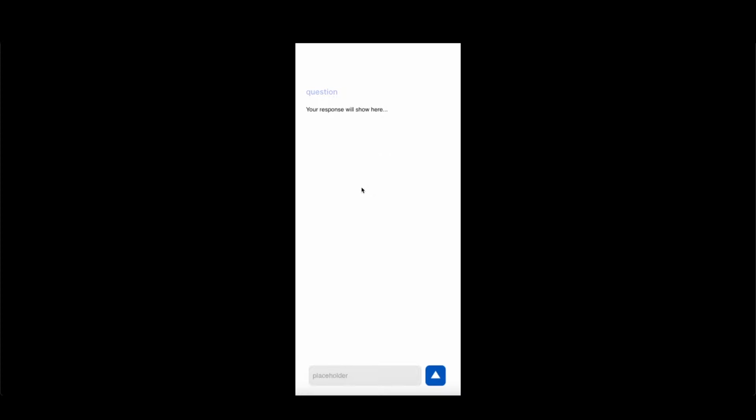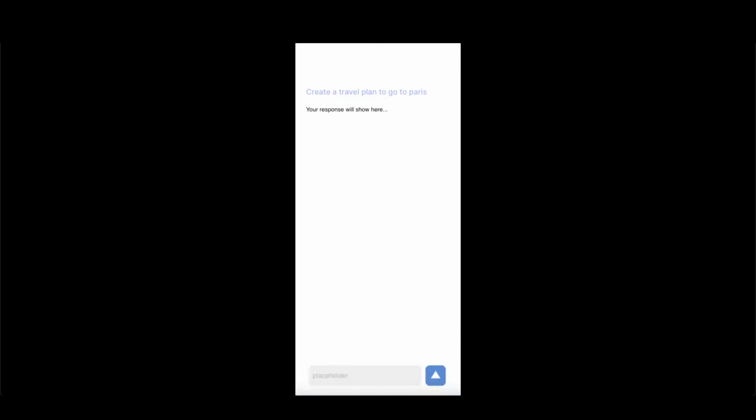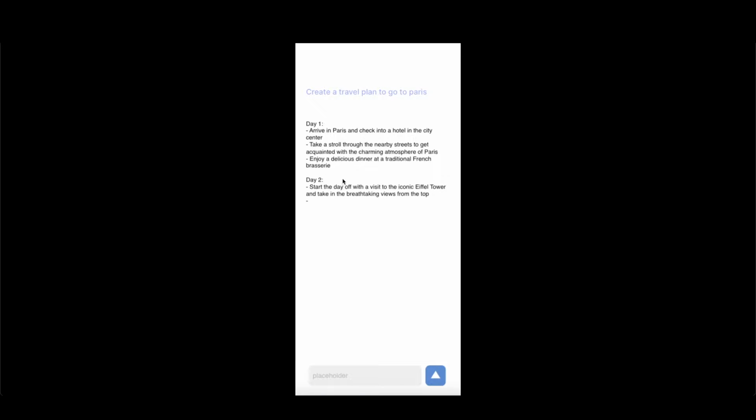Joshua here, and I'm going to be showing you today how to create this really cool prototype using ProtoPie and their API feature so that you can create an actual AI chatbot. You can ask things like, create a travel plan to go to Paris, and if I send that, then I'm going to get a response from it